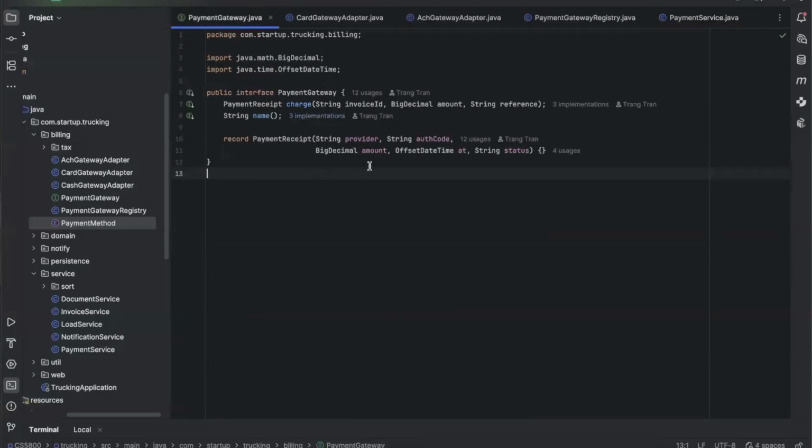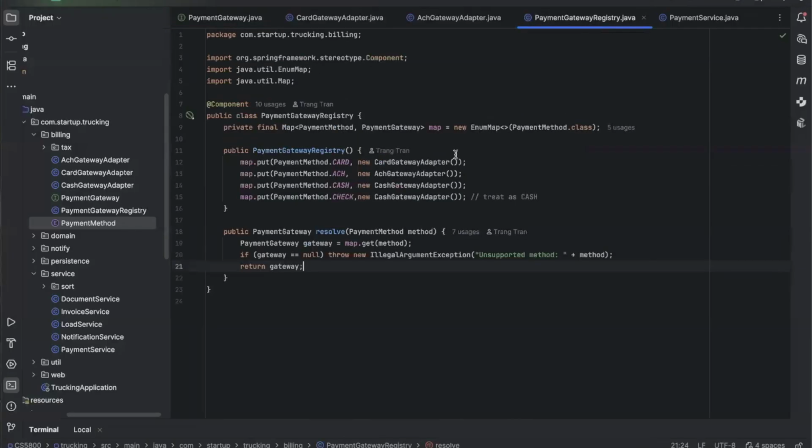It will charge through the payment gateway charge method, and each payment method like card, ACH, cash has its own adapter class. Changing a provider or adding a new one is localized. We can just add a new adapter class that implements the payment gateway. We make sure the name method returns the correct payment method,